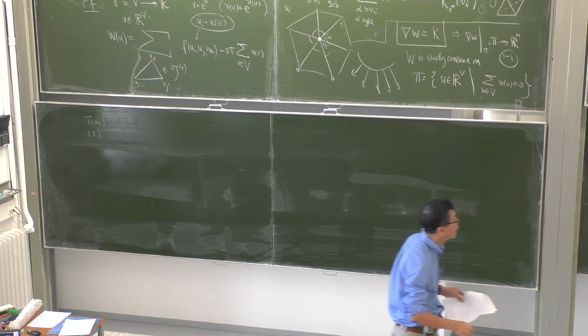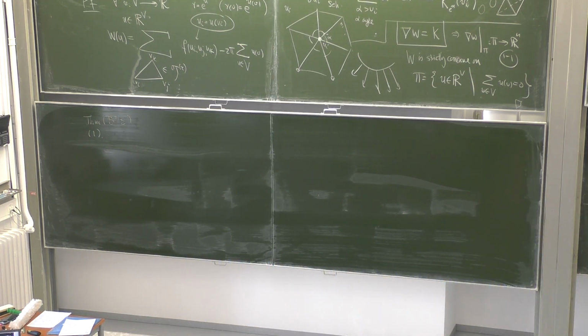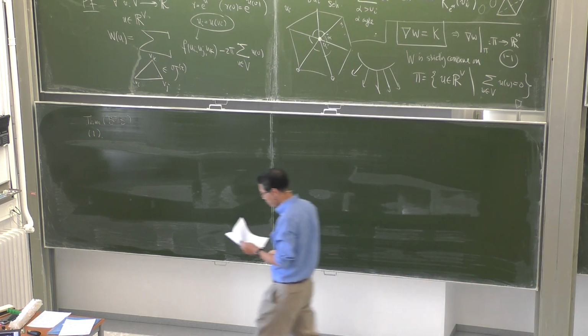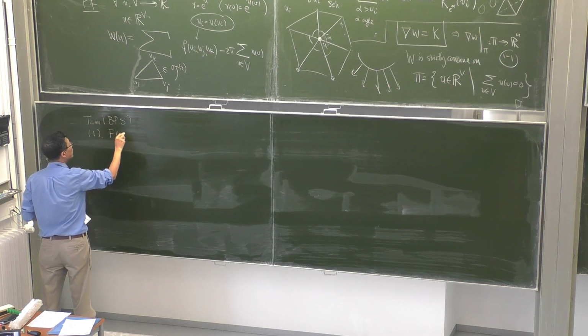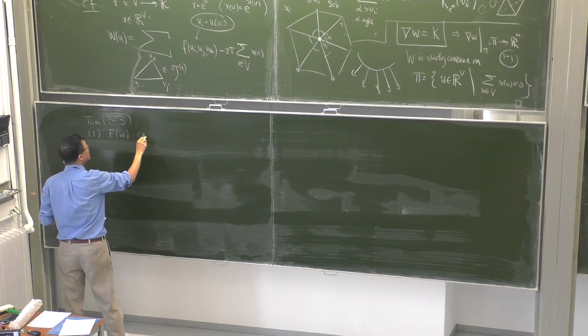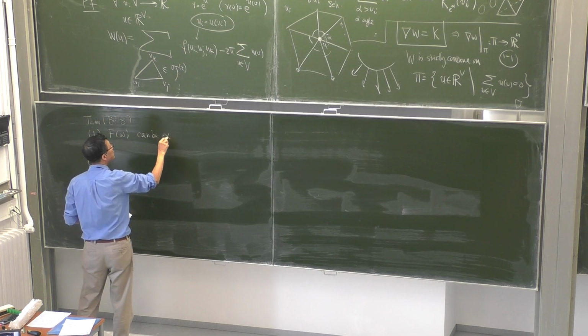In fact, they were able to find out what the energy function is here. The energy function is given by integration of some one-forms. At the time I discovered that, I used Maple to find it, and Maple failed then. But now Maple can find it. It's more powerful. So the theorem says that the function f of w can be extended